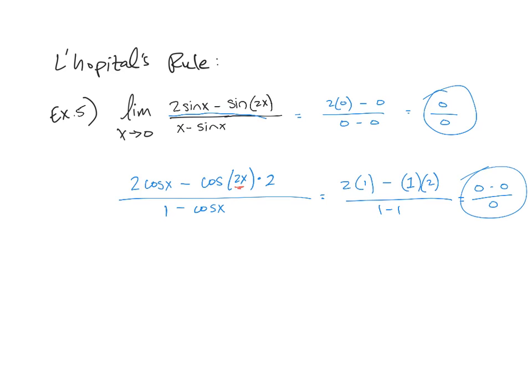So the derivative of 2 cosine x would be the derivative constant multiplier with a 2, and the derivative of cosine is negative sine x. And then over here I've got minus, the derivative of cosine is negative sine. Leave the baby alone. And there's a constant multiplier of 2, I can't forget that. And then the derivative of the inside function is also 2. So multiply by the derivative of the inner. Chain rule. All over 1 minus cosine x. Oh, the derivative